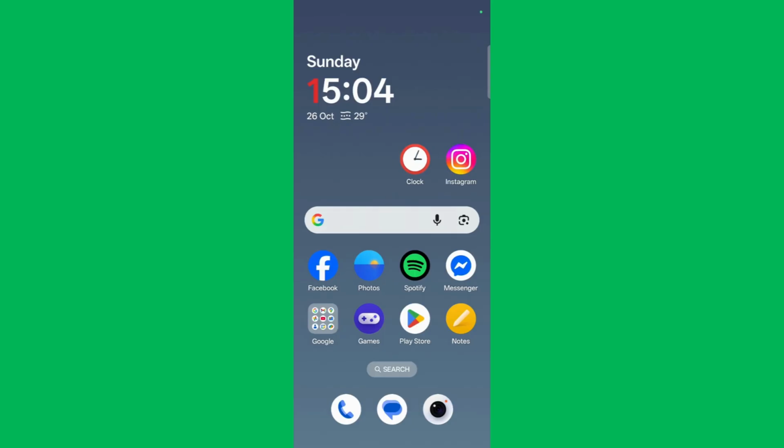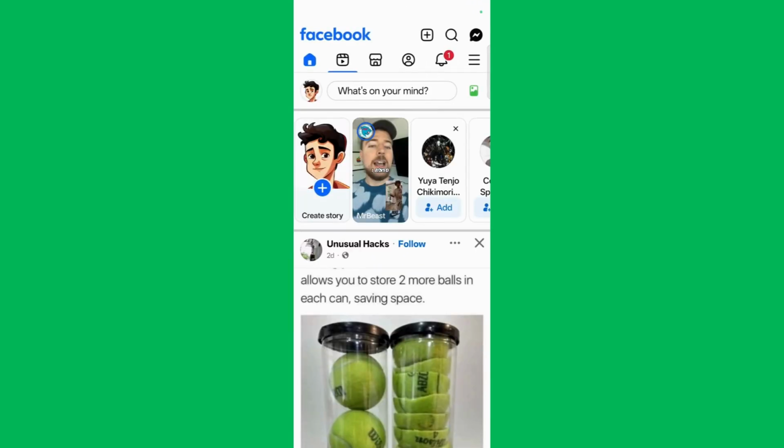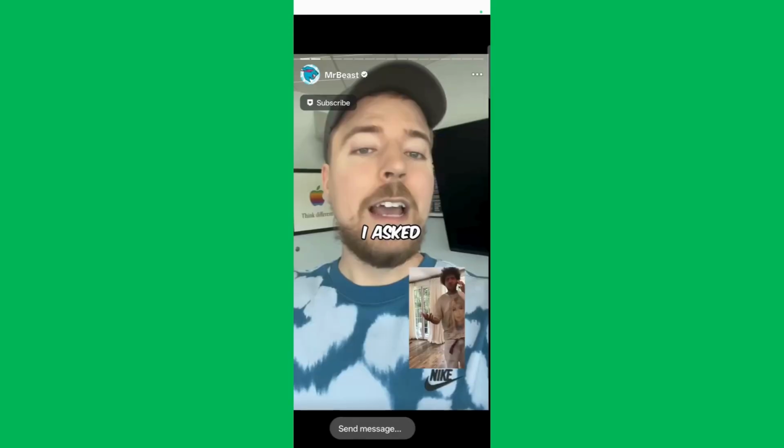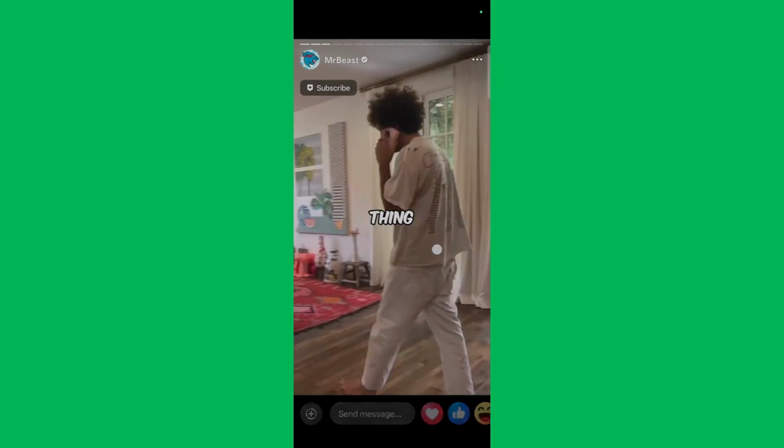So the first thing is that you launch your Facebook application by tapping onto the app icon. Now once you are inside your Facebook application, you can go to anyone's story. For example, as you can see, I am here in this story. Now in this story, let's say I want to share it to my story, so I'm gonna click onto these